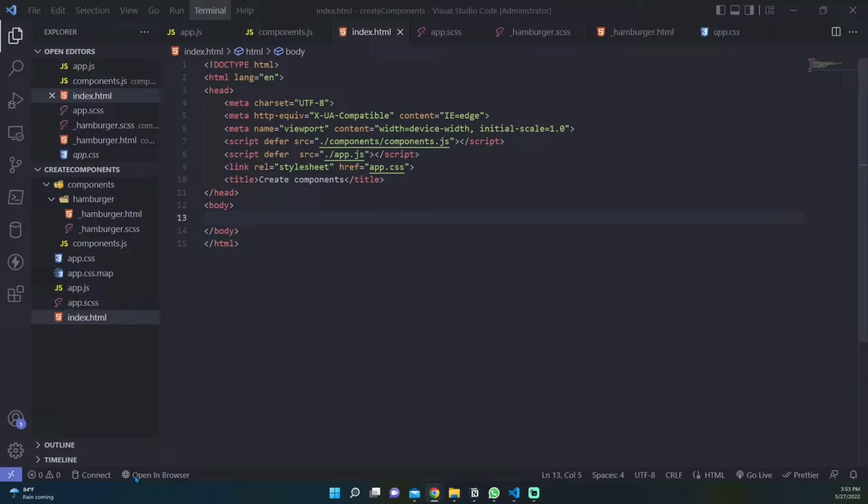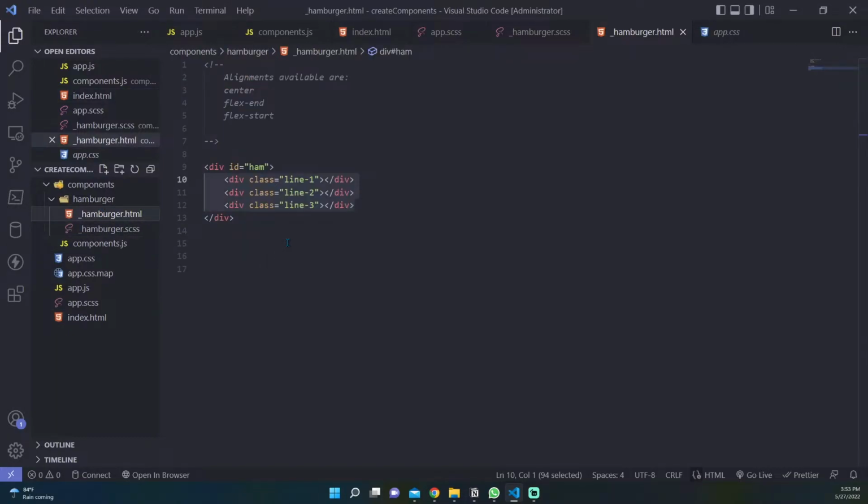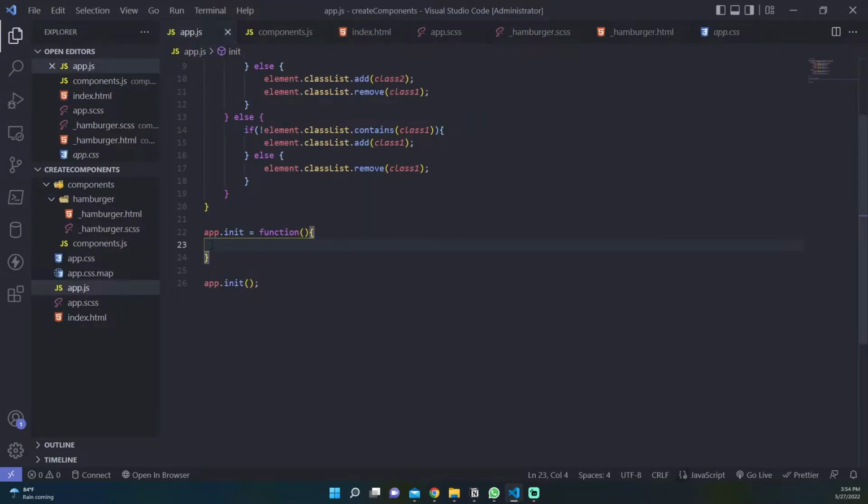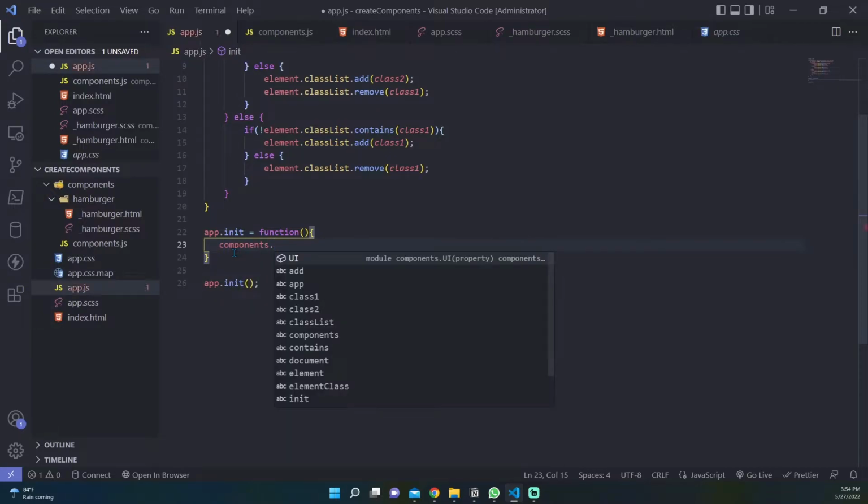Here we have an empty project and let's say that we have to create a hamburger button. So the only things that we have to do is to go in our hamburger.html file and copy this HTML markup. We have to paste it wherever we want these components. We have to save our index.html file and go in our app.js file to initialize the function for that component. So here we want to say components dot UI